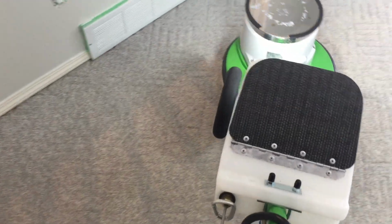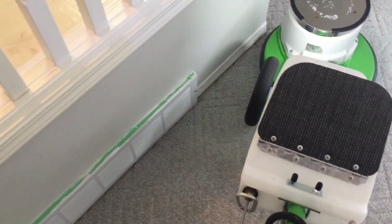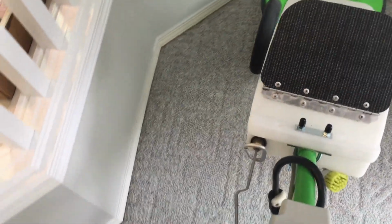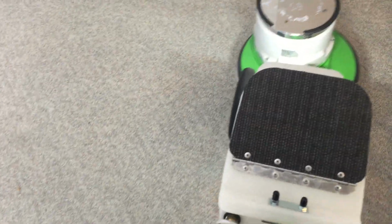So now, olefin. Here we are on an olefin carpet. And I'll tell you what, nothing that I have ever found will produce a better cleaning on an olefin Berber than this system. That's for sure. It works really well with a white fiber pad or gray, or of course there are other colors that people might use. I used to use beige, but then I had a problem getting them still. So I found the white one seemed to work just fine and readily available. But anyway,